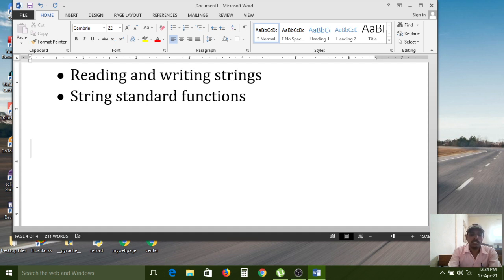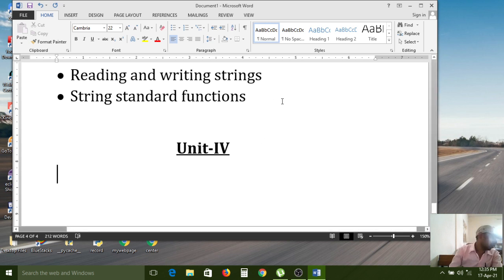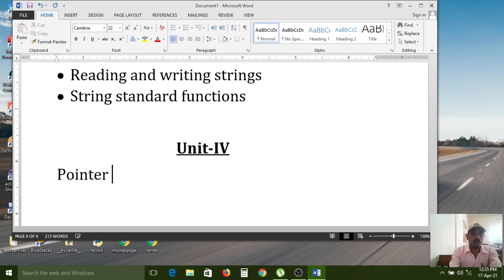Next, unit 4. In unit 4, the major concept is pointers.